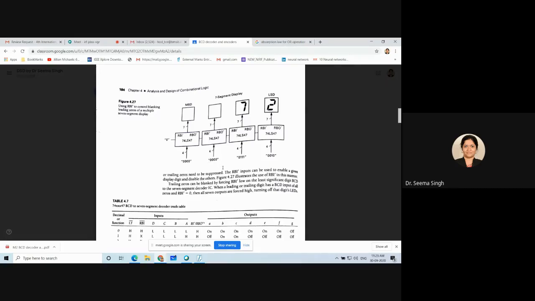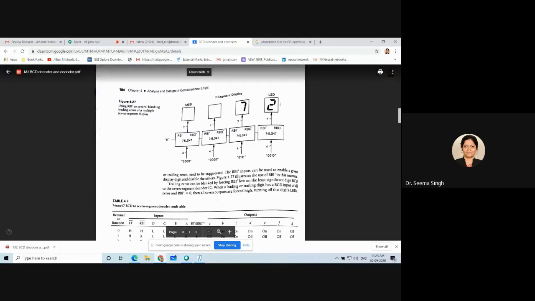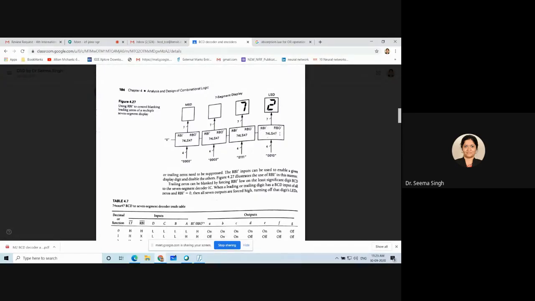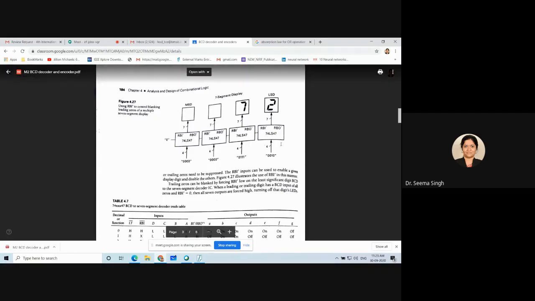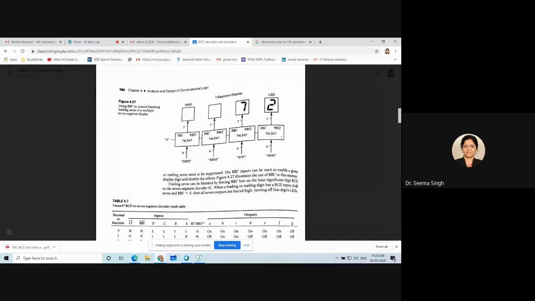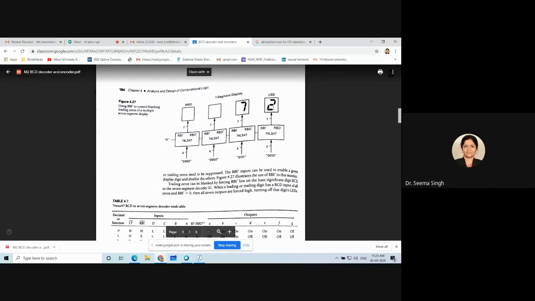My purpose here was to make you understand the connection of encoders and decoders for your specific application. In the market I get these ICs for LED display, and I also get an IC for this binary to 7-segment decoder. I connect it like this. So this diagram says half of my answer. This binary input is given to this decoder, which will glow this LED. So this part is okay.